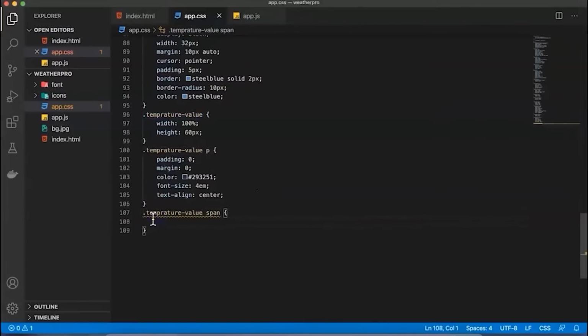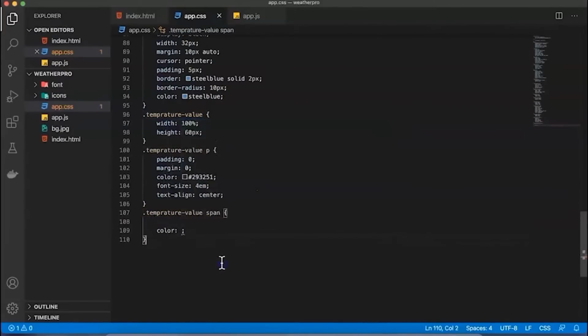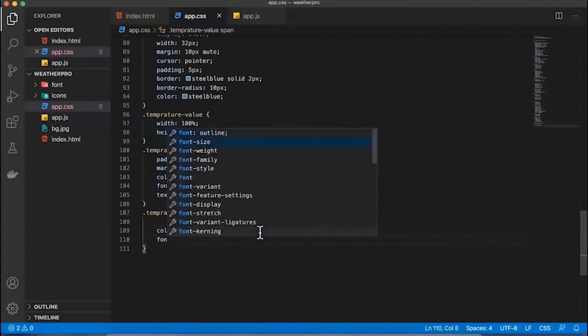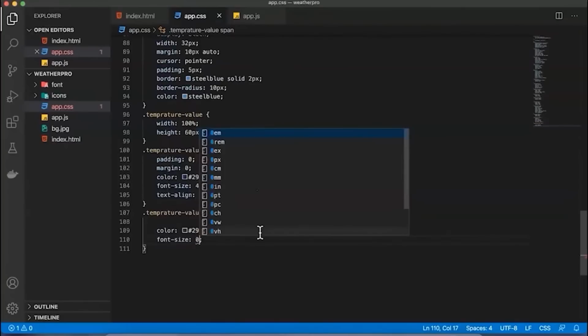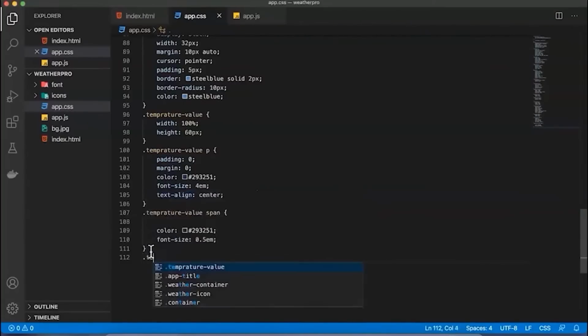Now within this span, say color, once again same, and font size. This is for span, and in the same temperature description paragraph you can use dot temperature-description